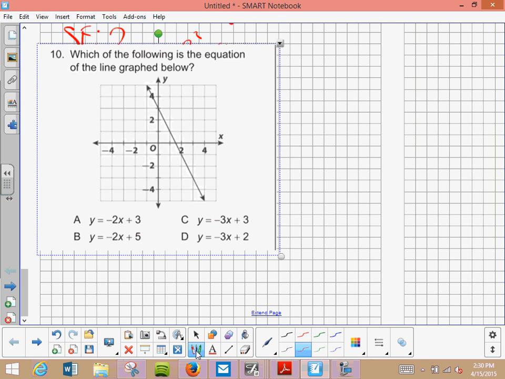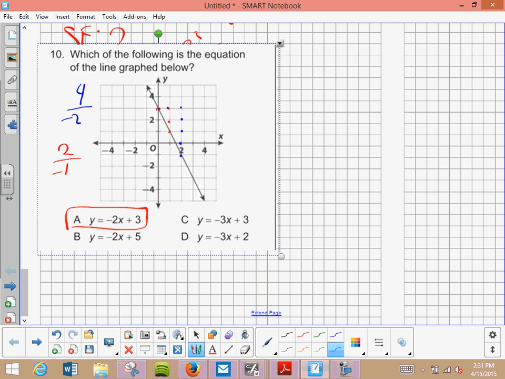So I can use this point, or you can actually use that point right there and this one. So the rise will be 1, 2, and the run will be 1 to the left, right? So it's 2 over negative 1, which is what? Right there. If I had used the point over here, that would have still worked. It would have been 1, 2, 3, 4 over 1, 2, negative 2. When you simplify it, it gives you negative 2.